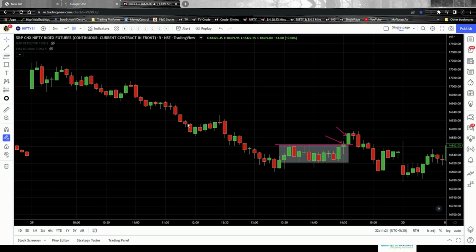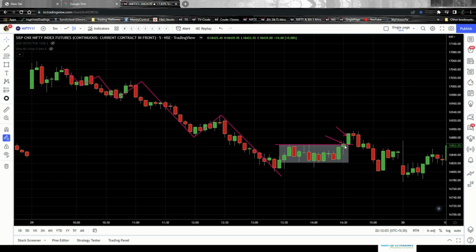Point number two is Nifty has been falling continuously since the starting of the day. Falling, retracing, falling, retracing, falling, retracing, falling. So this is the scenario since the morning. As a trader, I might think, how much more will it fall? Since it has consolidated and has given a breakout in the upward direction, Nifty is ready to go up from here. That is point number two, why you might think that Nifty will go up further after this breakout.